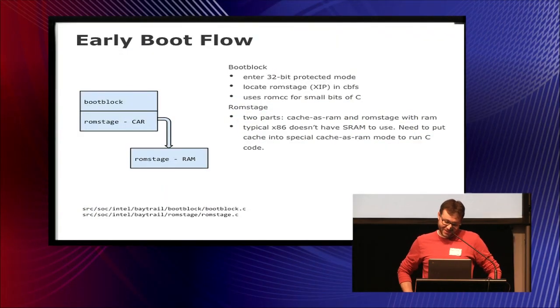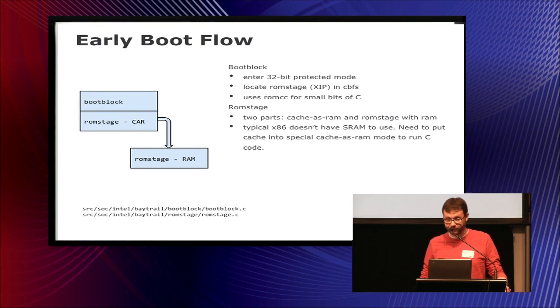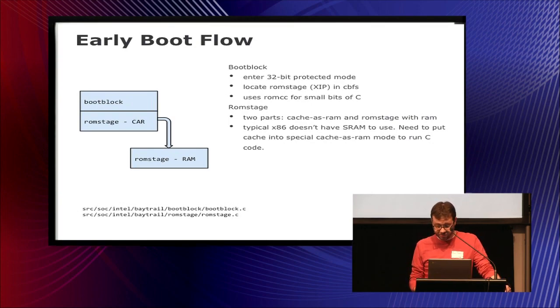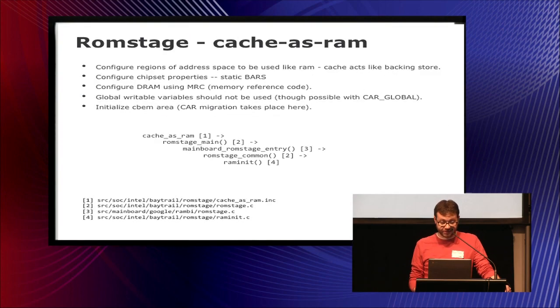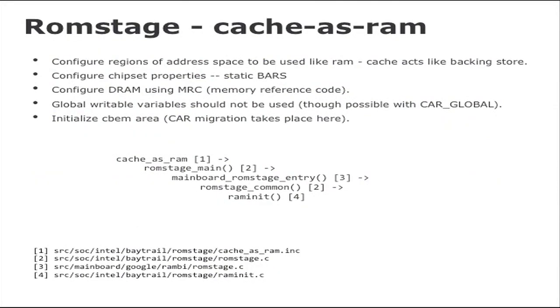So we don't have SRAM, we have to set up cache as RAM. The way that works is it's an assembly routine. We get our cache as RAM up, and then we have C code, and we run. Within that, we run the memory reference code that's provided by Intel. And then the second part, which can be utilized by any other x86 platform, but typically is not, is that, oh, sorry, I confused myself. Let me take a step back. So this is the in cache-as-RAM mode. This gives an example of